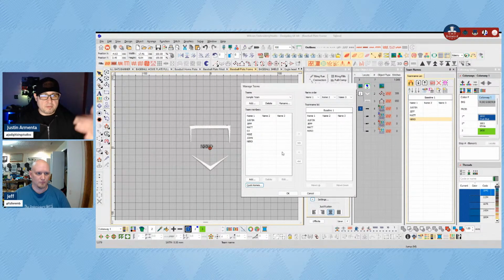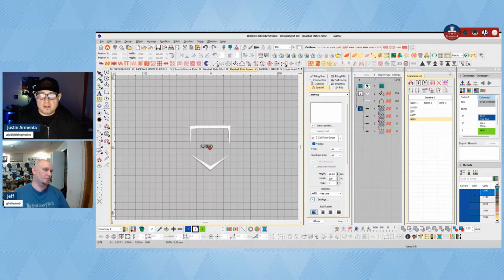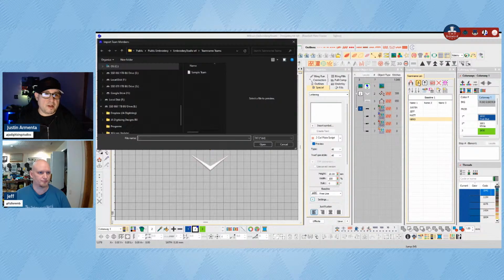So there's a couple of different ways as far as input. One of the neater input methods that's there is you can actually import a CSV file with team names. Absolutely. If you have somebody that gives you an Excel spreadsheet and you turn it into a CSV, you can import it. They do have a sample team names in there if you click on the import. Yeah, so if you do import here, you can actually,